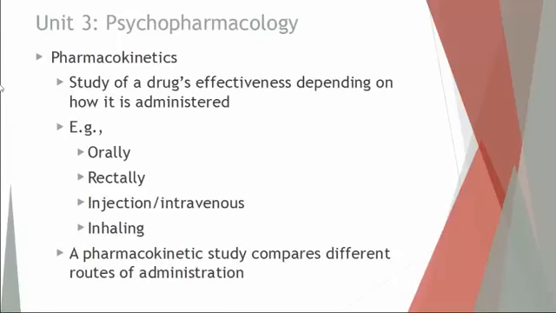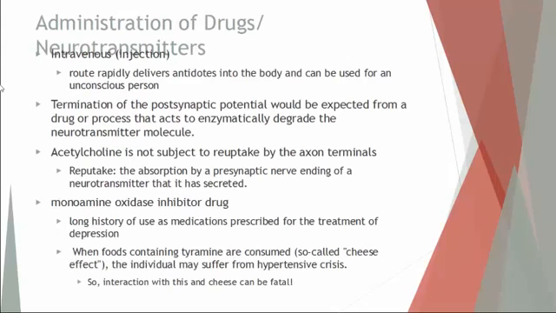And at the last bullet point here, a pharmacokinetic study will compare different routes of administration, like intravenous injections, rectally, orally, capsule or tablet or a liquid, or inhaling. And there are mathematical formulas that you can use that can track how effective these means are based on a person's drug and the means that they're taking. Of those methods we just mentioned, the way to administer drugs, some of those have some advantages over others.